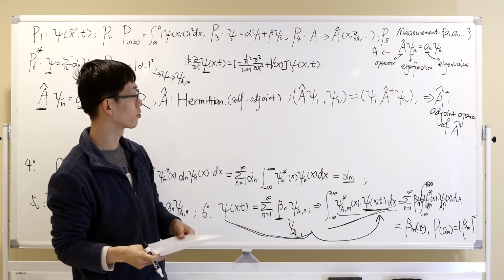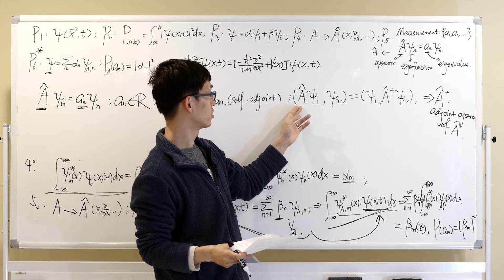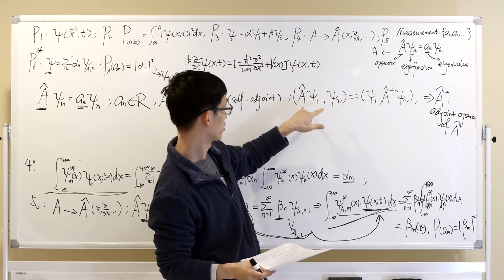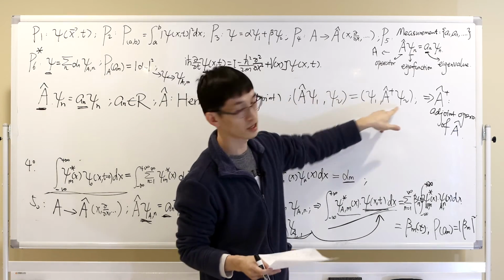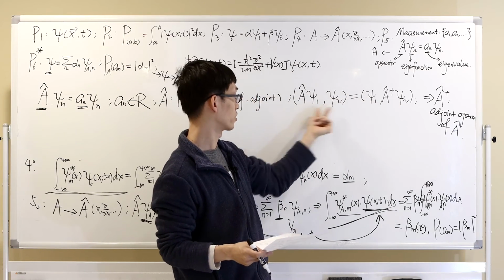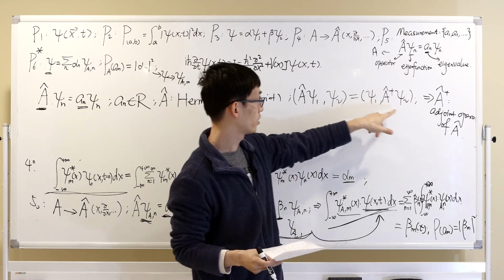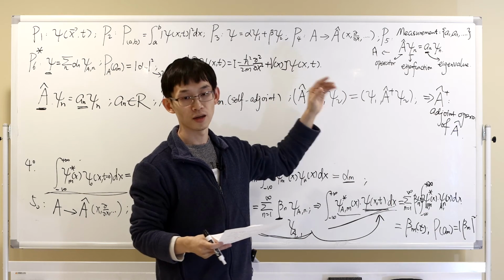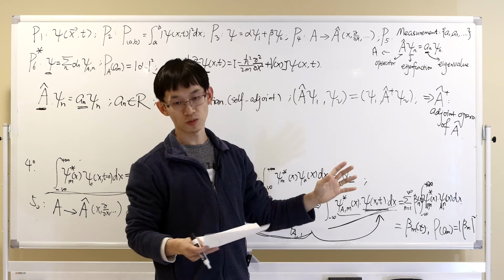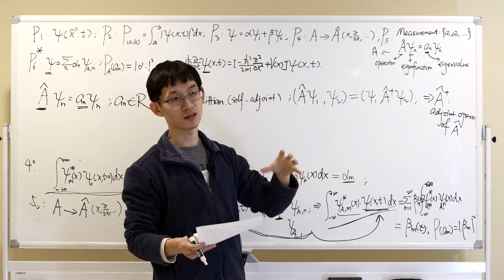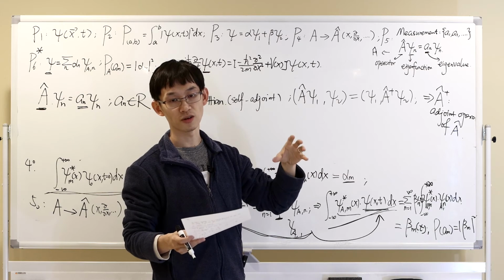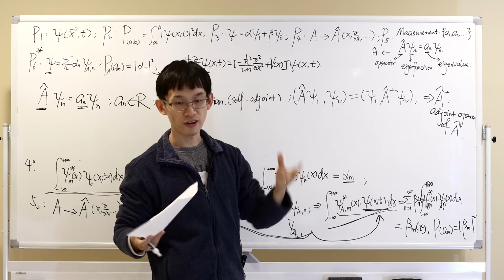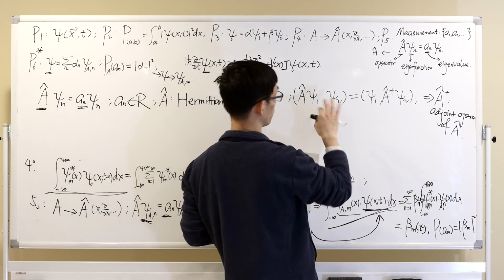For an operator, if you can find another operator that makes this inner product equal to this one, then that is called the adjoint operator of A. And in linear algebra, if this is finite dimension, for example a vector that can have 3 dimensions, 10 dimensions, as long as it's finite, then A would be a